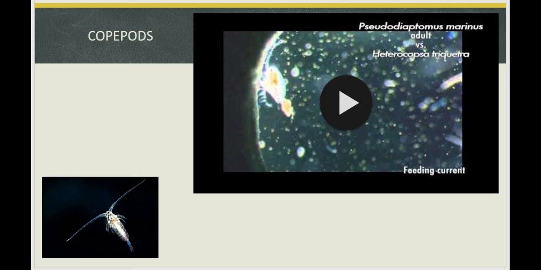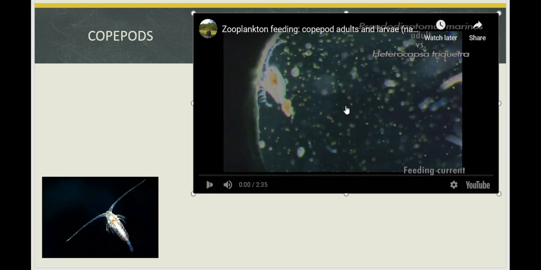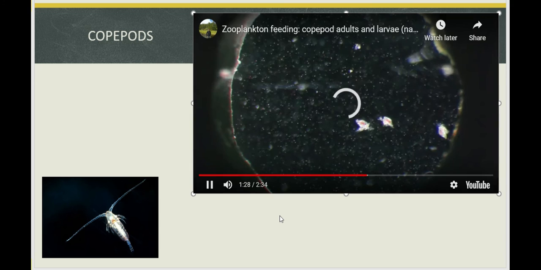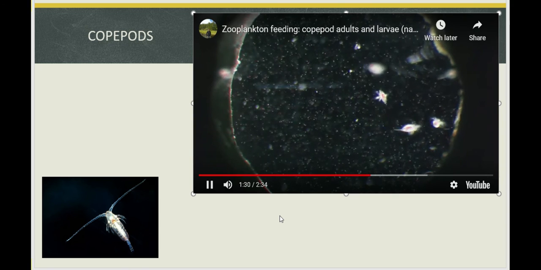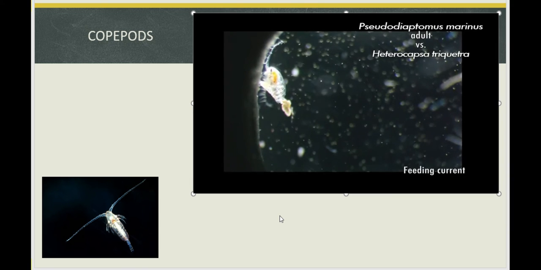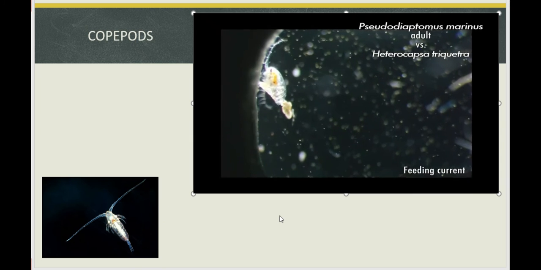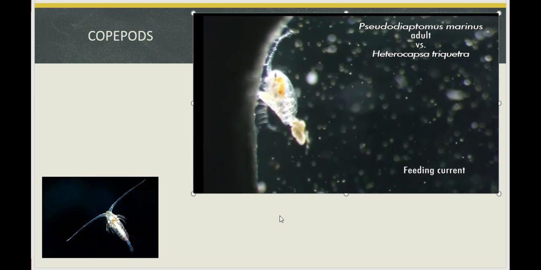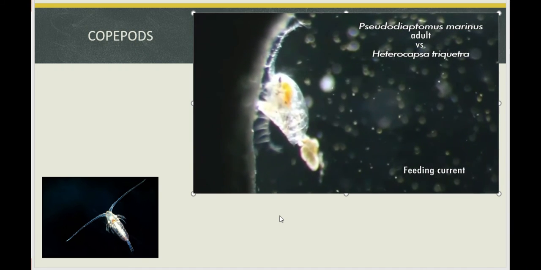of ways. One of the ways that they do it is through filter feeding. They can actually create a current and they can filter feed. They also can swim really fast and just capture things. There's lots of ways to do it. Let's take a look at just one of the ways they do it by creating a feeding current. So you can see this guy is creating a current, and he is filtering diatoms out of that current that he can then